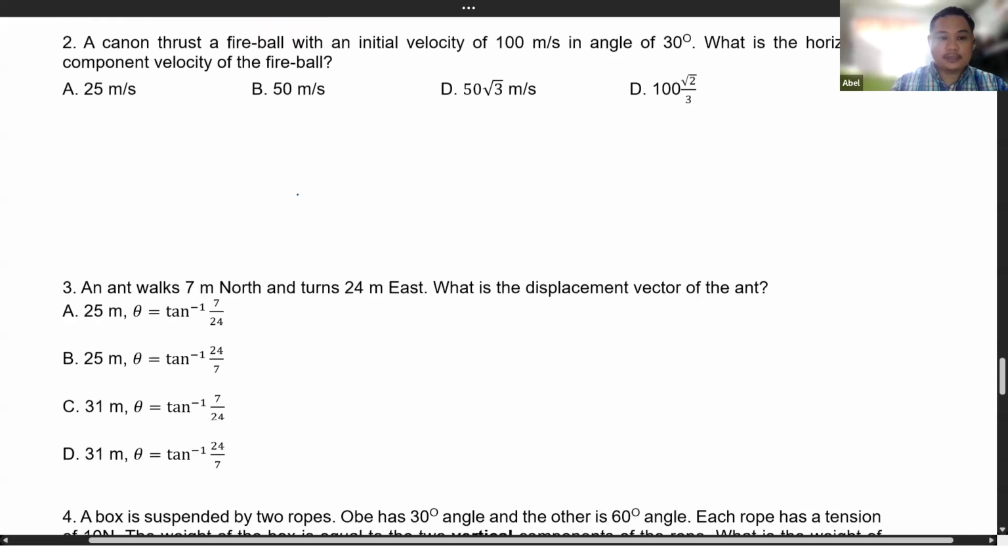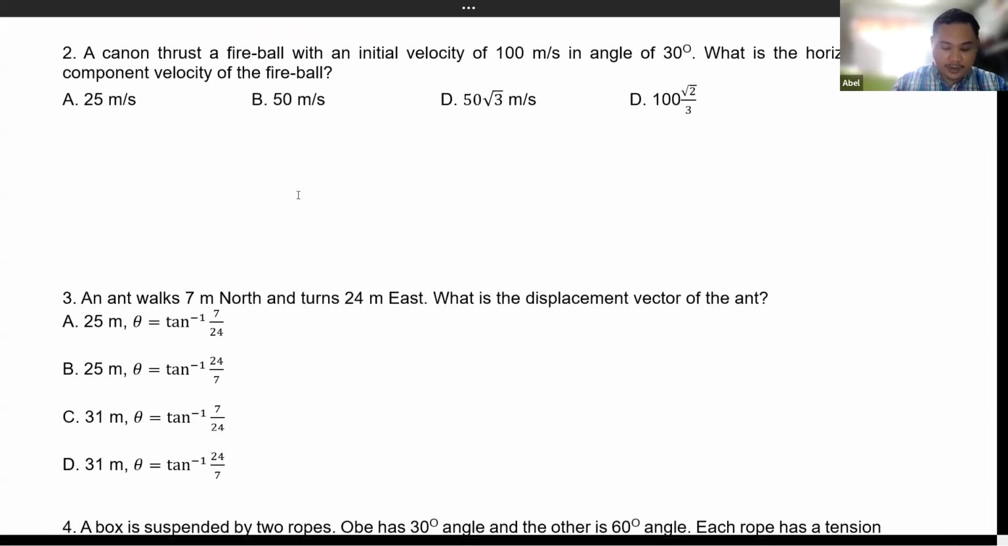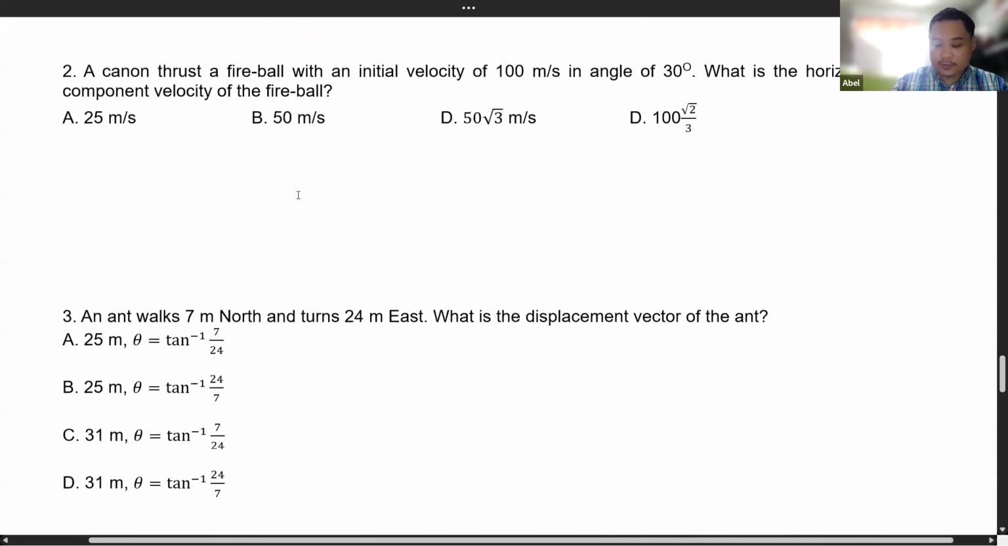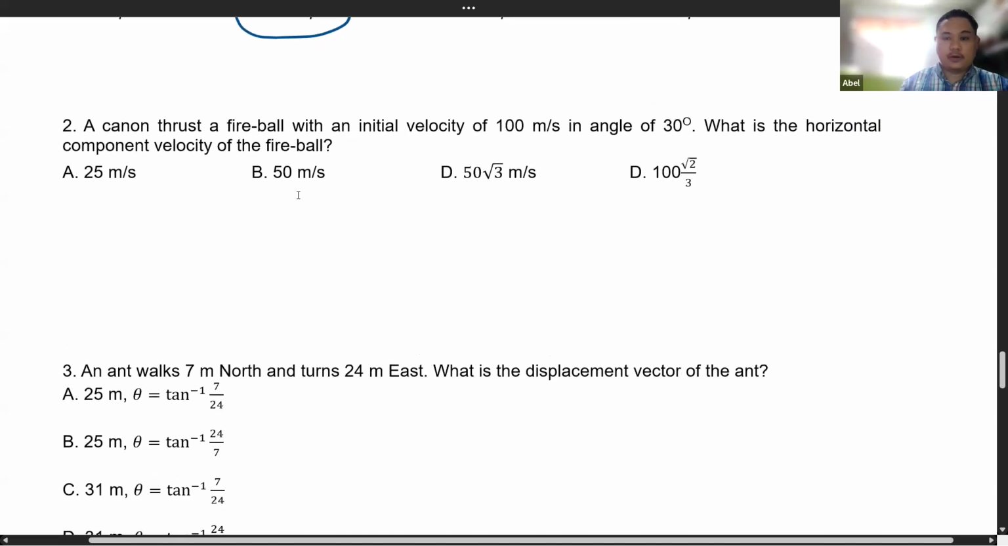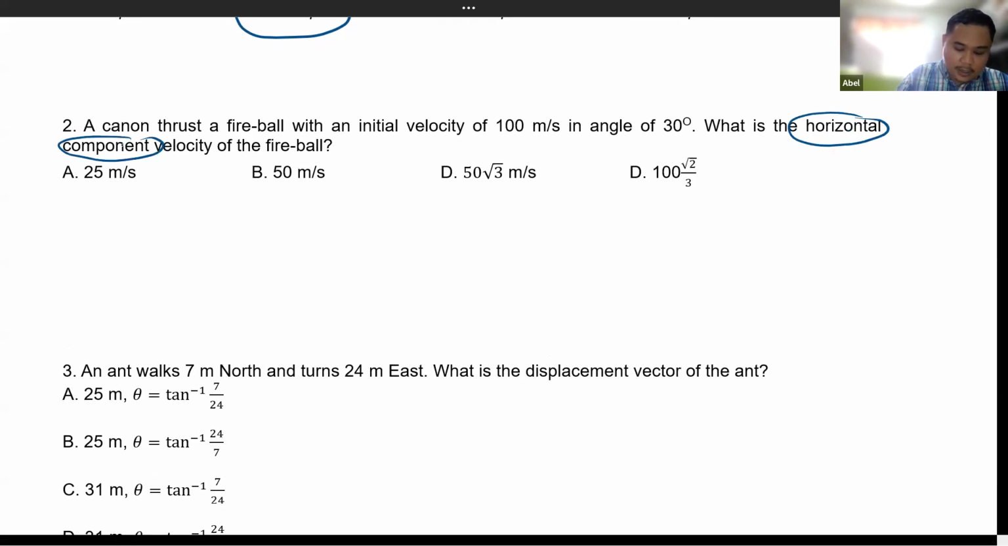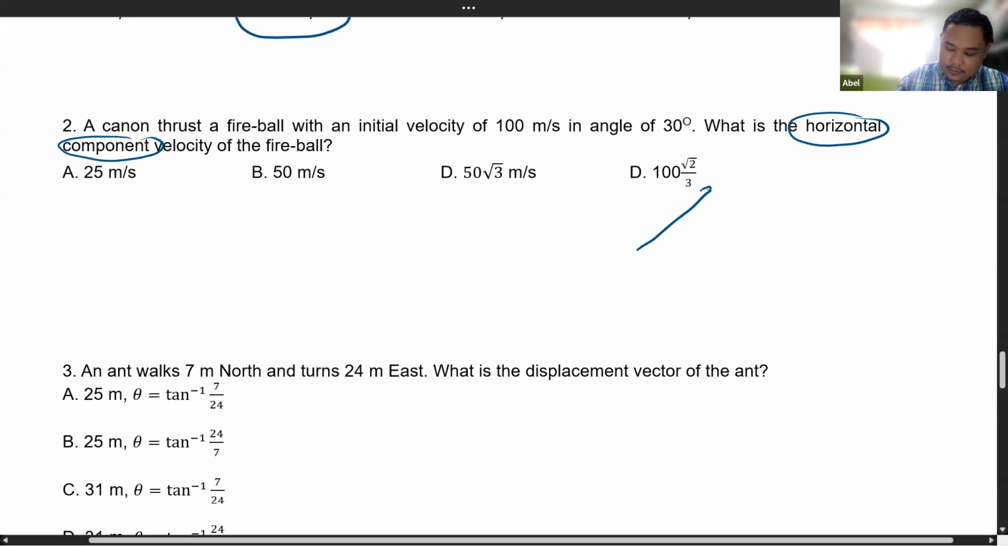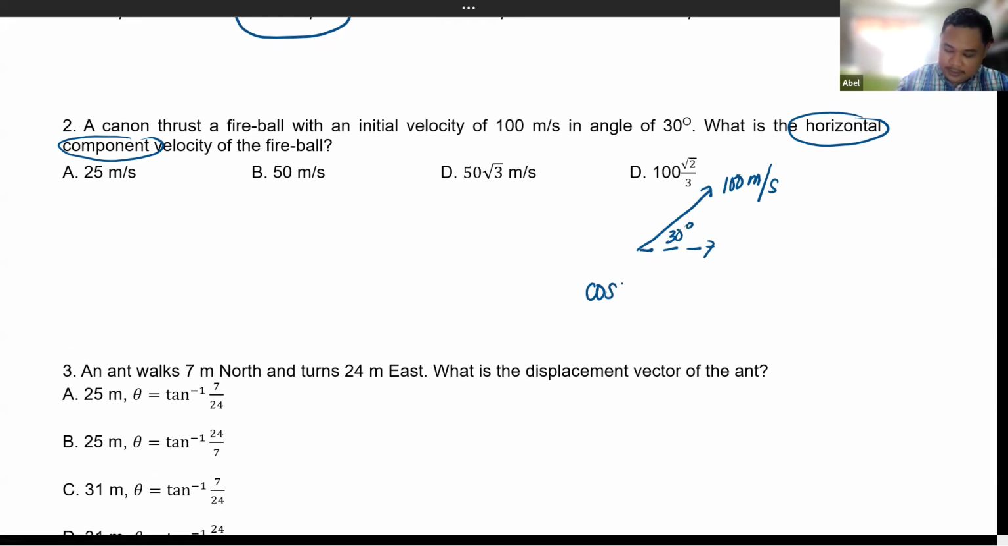Next, number two. A cannon thrusts a fireball with an initial velocity of 100 meters per second at an angle of 30 degrees. What is the horizontal component velocity of the fireball? Okay, so we now need the horizontal component. If, for example, this is the fireball being represented with a vector, that one would be 100 meters per second. And so the horizontal component for that would be like this, right? We can represent that by cosine of the angle, 30 degrees,